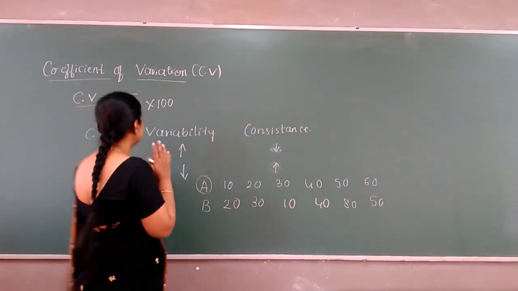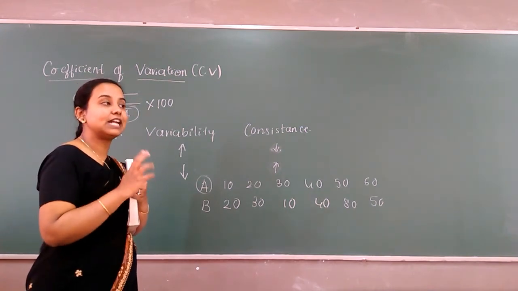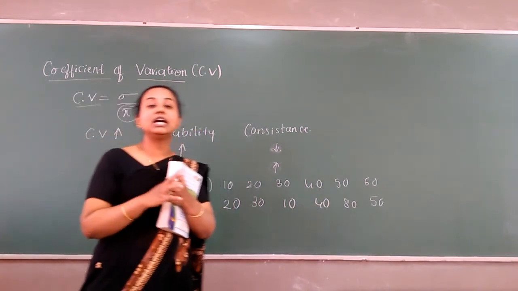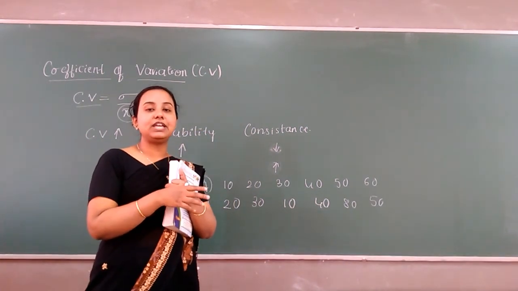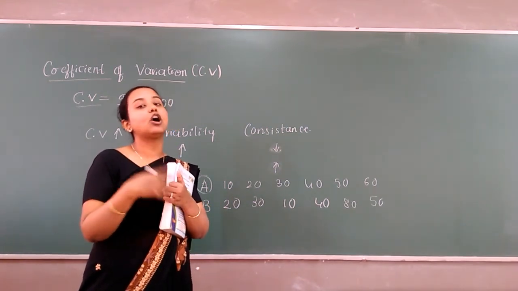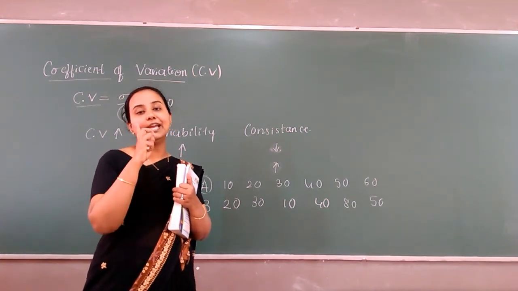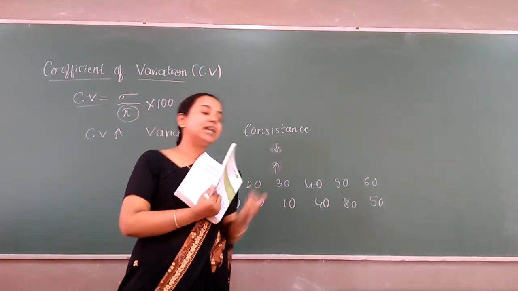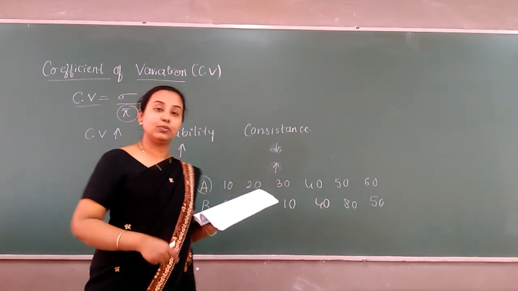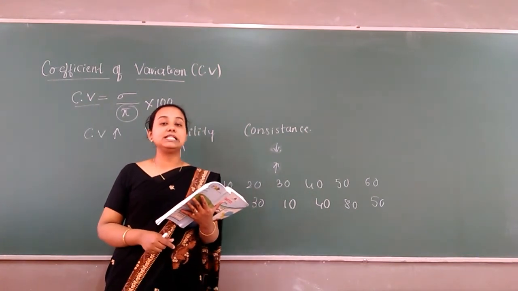So what clearly it means is that the coefficient of variation is nothing but a tool which tells about the consistency or variability of the data. So depending upon CV, we will compare whether the given company, or anything it might be, is consistent or variable. Any one thing we will be answering, not both together. Only one thing we will be answering, right? So let us consider one example so as to understand this in a better way. And the particular case of coefficient of variation is when the means are the same.